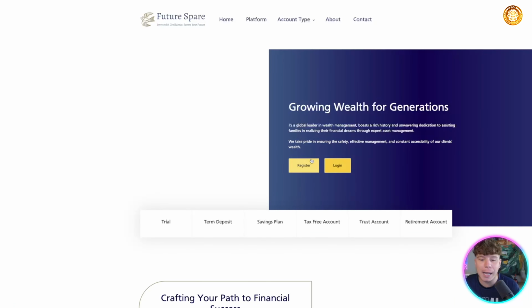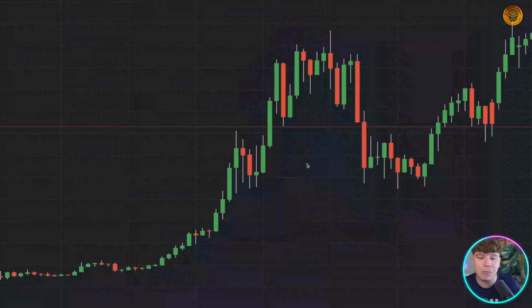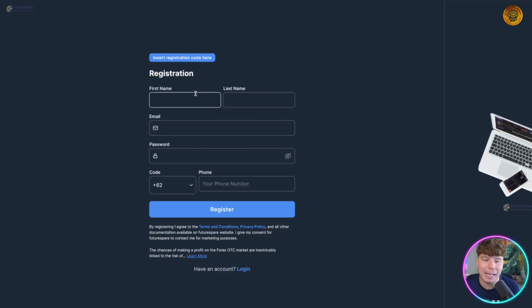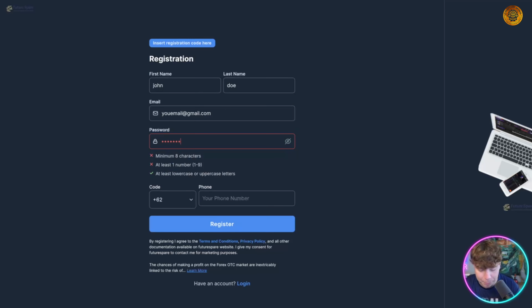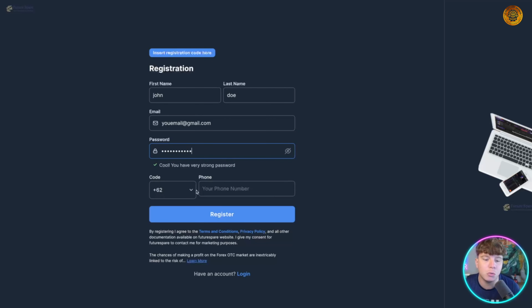And before you do that, you need to get an account. So all you got to do is hit register like this, guys, and then it will load up through this chart you can see and ask you to make an account. So you're going to put your details in here, guys, just like this, okay? You're going to put your email in, everything that you want to in, okay? Put these details in, make sure they're secure, make sure you do not lose these, and then register your account.